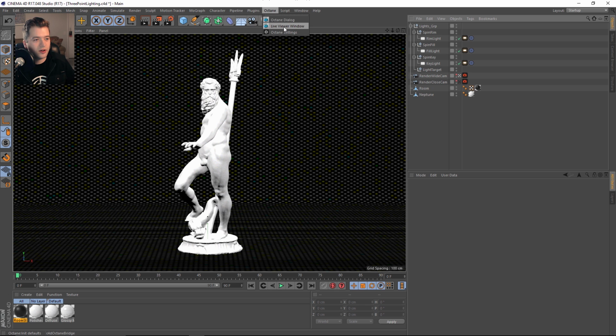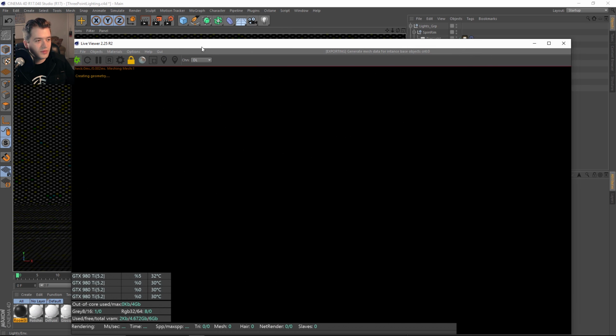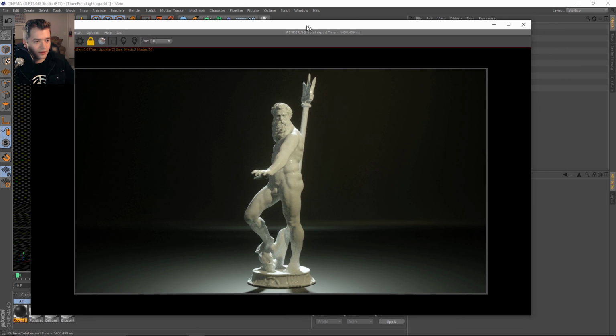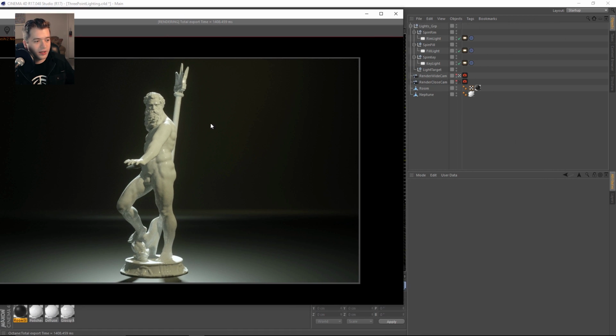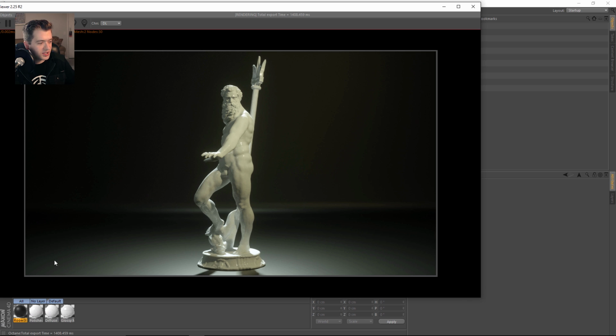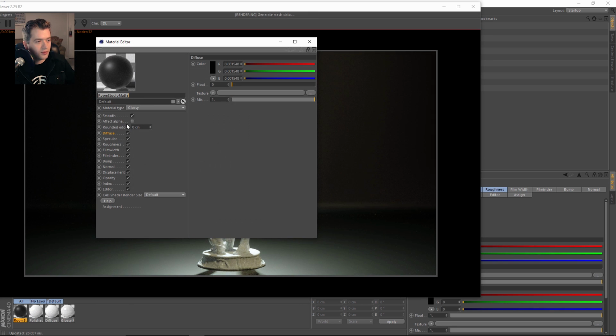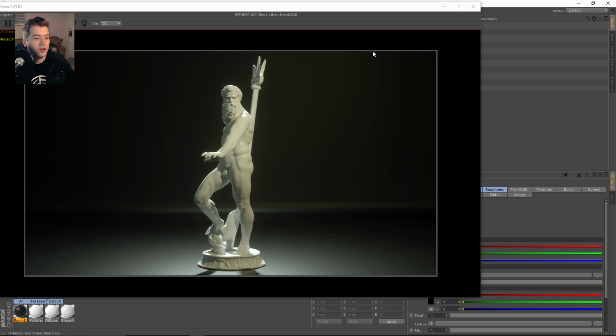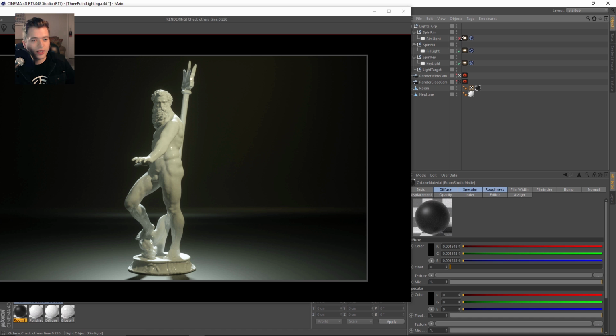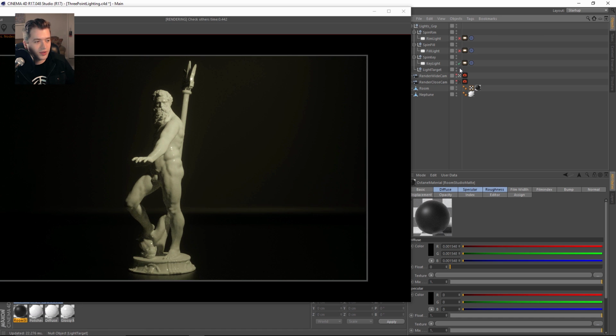So let's go ahead and open the live viewer and take a look at our friend Neptune here. So I'll toggle the info on and off. And straight away, we're just seeing this in a black room. So I think it's just like 2% black. It's very dark. Roughness is 0.4. Index is 1.4 for the room. And as we take a look at this setup, let's go ahead and just solo the key light.